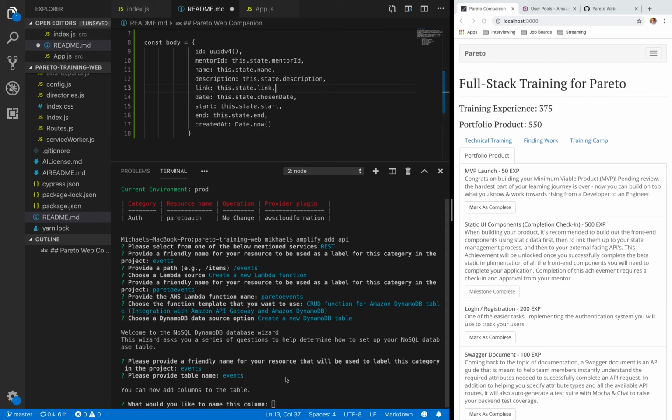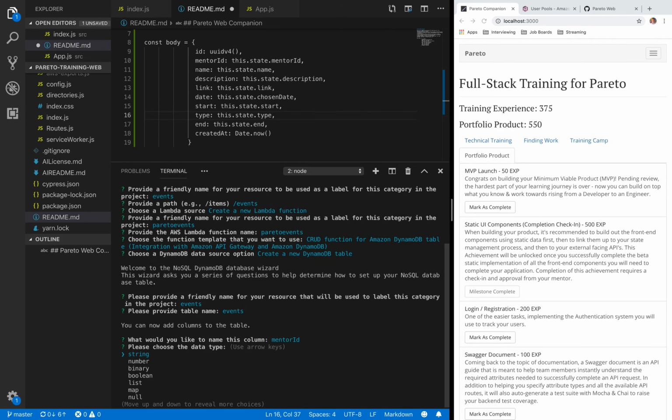So what we're going to do for right now is add another attribute actually called type. But for right now, what we would like to name this column, we're going to go ahead and add the key mentor ID, and we're going to make this a string. It's going to ask us, would we like to add another column? If we just press enter, it's going to assume we're saying no. So we want to go ahead and press